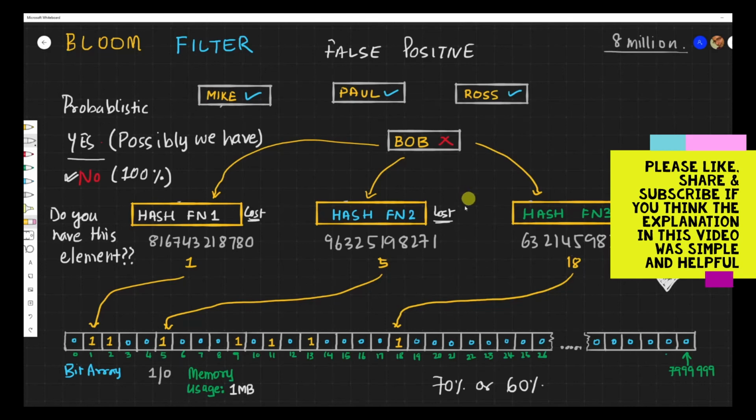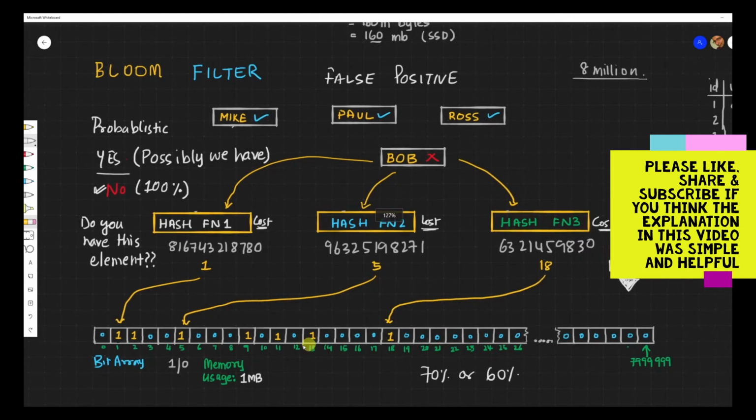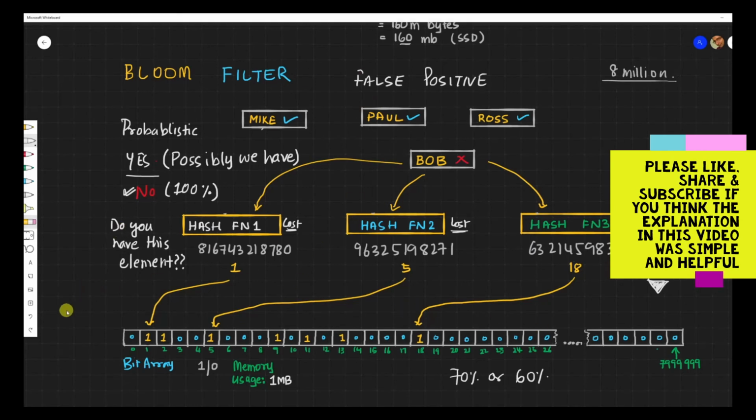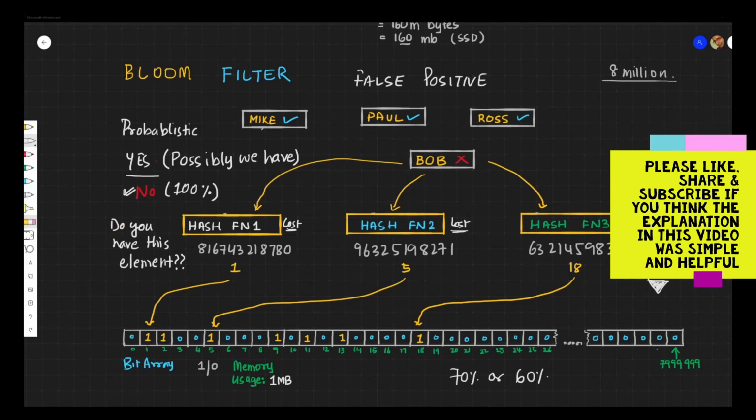You also saw how efficiently it handles such a huge amount of data. So basically we have insert and lookup operations in a bloom filter, wherein we insert things as we have done and we try to look up if some value is present or not. That is also based on the hash function. Everything in a bloom filter works off the hash function. So you should never change this function or the size of the array, because if you change the size, you will end up with different indexes.